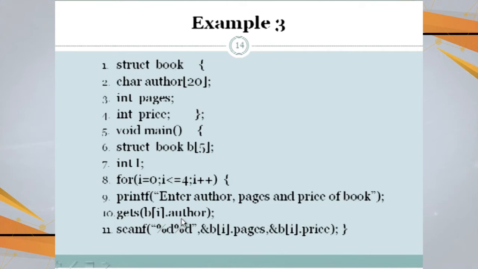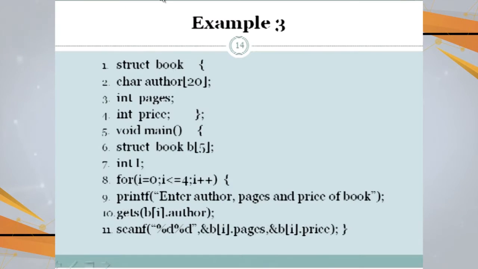There is an element at 0th index, an element at 1, an element at 2, an element at 3, and an element at 4. The 0th element of the structure array contains a copy of the members, pages, author, and price. Similarly, for the 1st element of the structure array there will be a copy of its members, author, pages, and price. So each member is accessed through each element of the array just by using the member access operator dot. Here the first time we will be asked to provide input for b0 dot author, then b0 dot pages, and